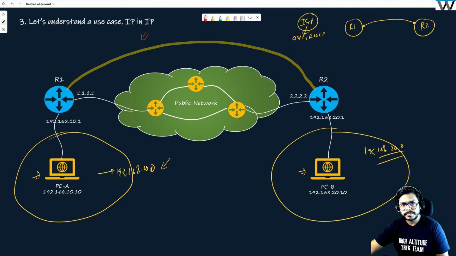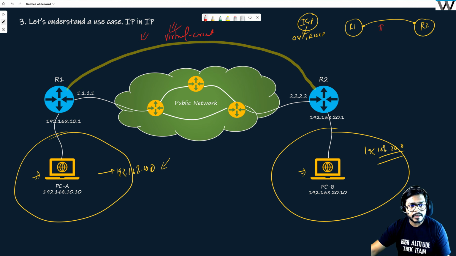So what I'm showcasing here is that you can run OSPF if you have direct connectivity, or if you have the feeling of connectivity. So what I'm doing here is creating a virtual link or virtual circuit between R1 and R2. And how can I do that? This virtual circuit has only one requirement. It is saying that I can give R1 and R2 a feeling that they are directly connected over me,